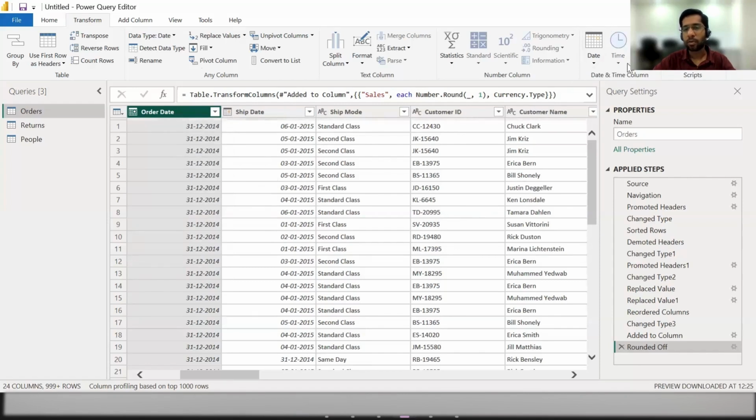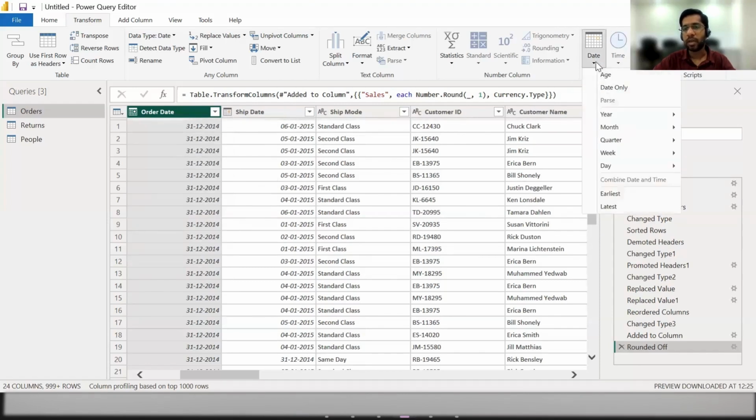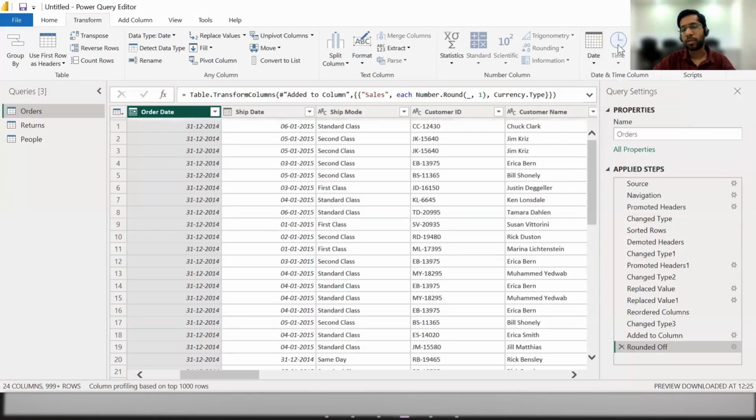in this transform tab. If you just want to change this date, you can click over here on the date option, and it would give you a series of operations that you can perform on top of it. For example, if you just want to parse the year out of it, or the month, quarter, week, or day, you can choose these values. Then again, we have some operations in the form of time. When we will be working with the time data, we can use this particular option as well